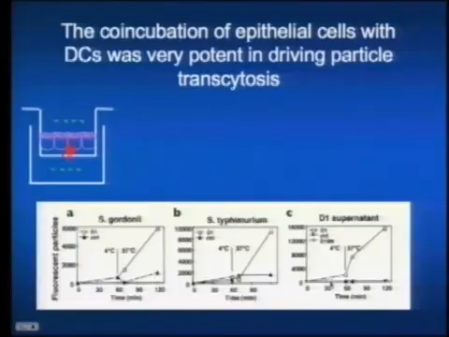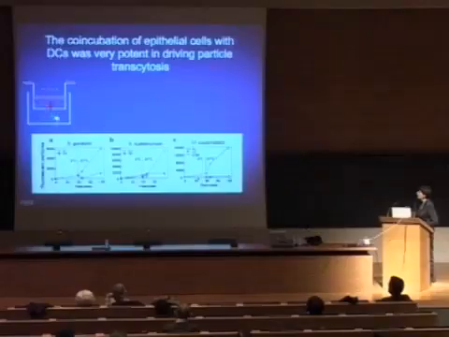And what we found was that indeed dendritic cells were allowing the translocation of bacteria from the apical side into the basolateral side. And it was not dependent on the pathogenicity of bacteria, because both Salmonella typhimurium and Streptococcus gordonii, which is a commensal bacterium in the oral cavity, could allow the differentiation of these cells. We thought at that point that it was a differentiation of